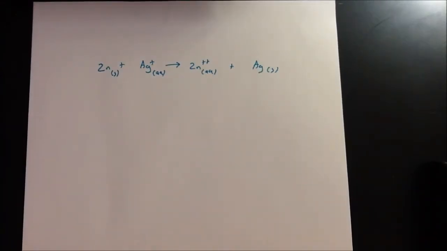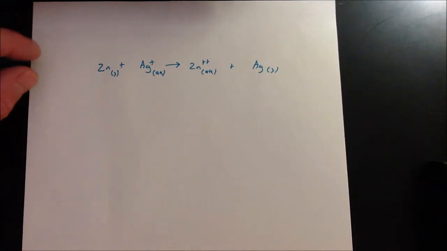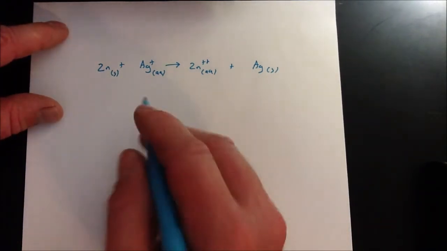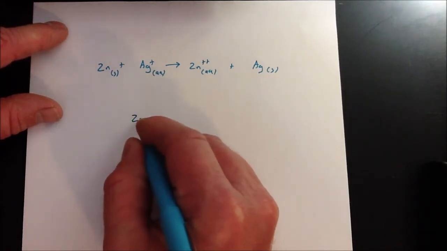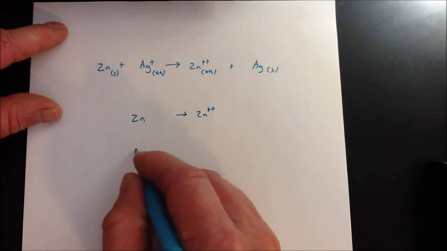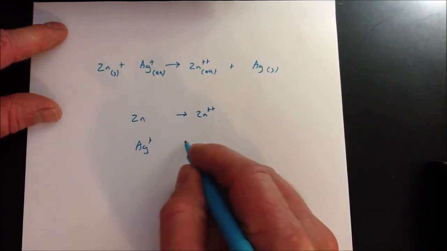So what happens if we have this same equation but it's not balanced? Now again, you can always put the spectator ions back in and balance it that way, but I want to show you how to balance this by the half reaction method because that leads us into the electrochemistry part that we'll see in a moment. So to do the balancing by the half reaction method, we write two half reactions, zinc forming the zinc ion and silver ion forming